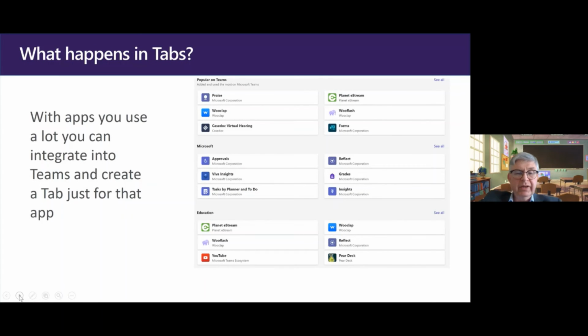Then also the other great thing to do, and I mentioned that before, I put the Pear Deck into mine. I use that quite a bit. Another one that I will use is Flipgrid, or Flip as it's now rebranded itself. But obviously with the three dots on your main Teams opening page, it takes you to the apps function as well.